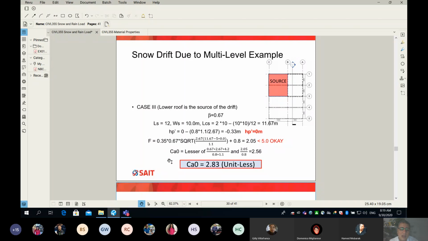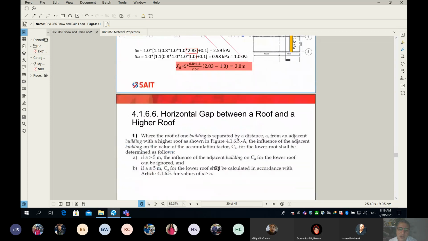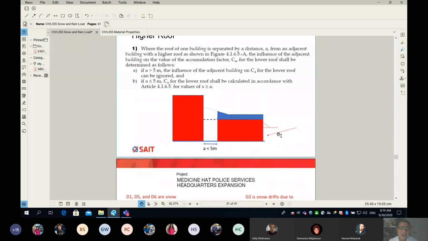And since F is small, you will get a little value for C of 0. And remember, by the code, we're asking to consider the highest value for the C of 0. Okay, so even if you don't follow the discussion and you're not paying attention to the math, and you waste probably 3 minutes doing the C of 0 when the accumulation source is your canopy, then guess what? What you will see is that what governs is the higher roof, not the canopy, because of the size of the canopy. Okay, so what I'm saying here is, in general, the code asks us to do 3 cases,